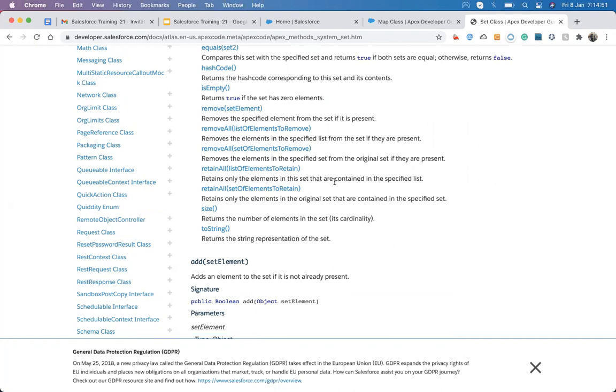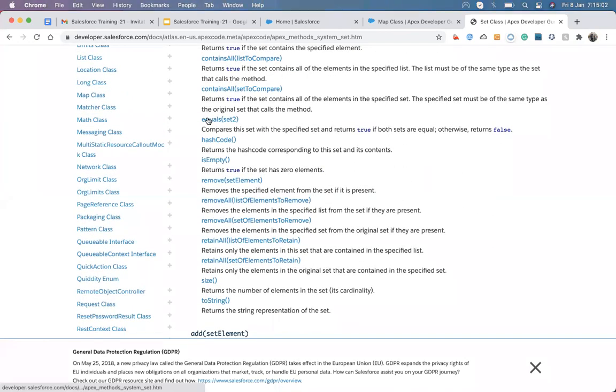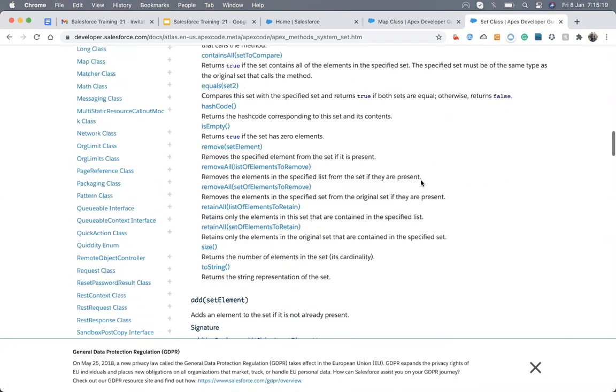Some methods are for special cases, such as when we need to compare two sets' values, check whether a set is empty or not, remove an element, or remove all of the elements from the set. We can use these kinds of methods in our set, list, and map.